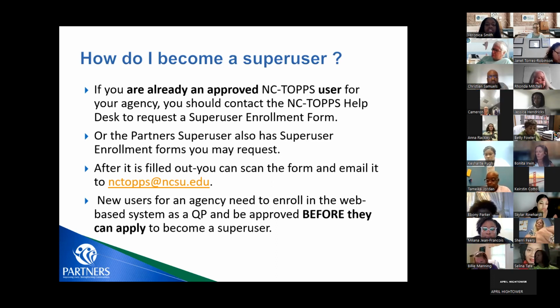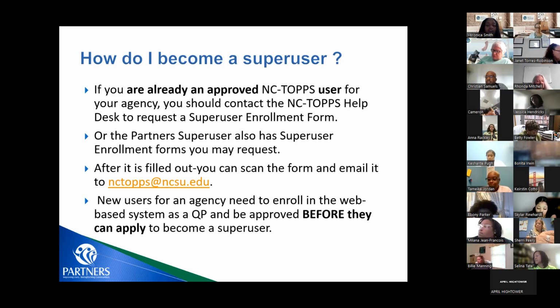But it would still need to be sent to the NCTOPPS help desk in order for them to make those changes within the system to change you from being just a QP to being a super user as well. That will allow you to have access to those features of accepting enrollment requests, being able to change consumers' QPs, and access to the various reports requiring a super user